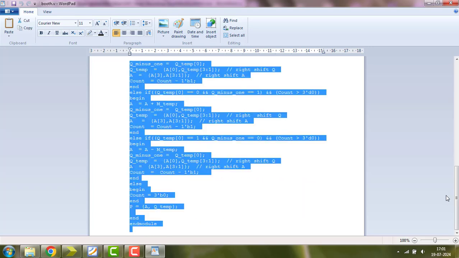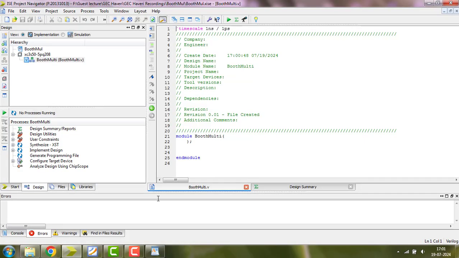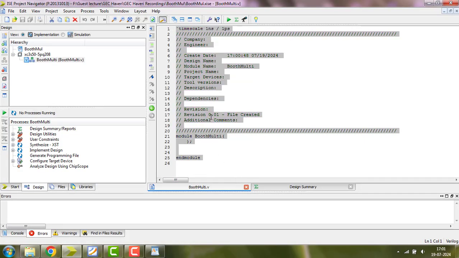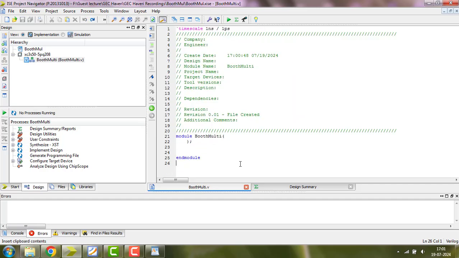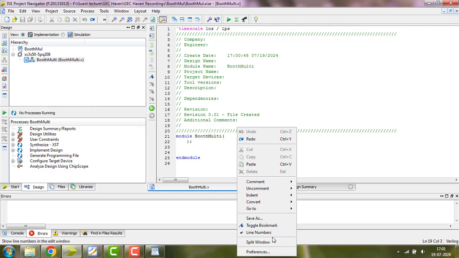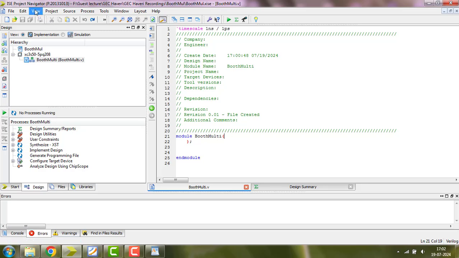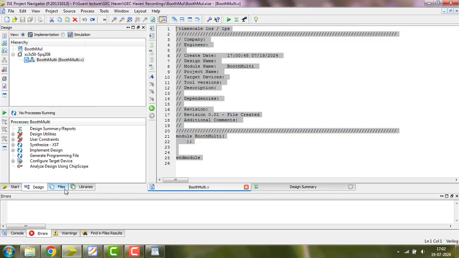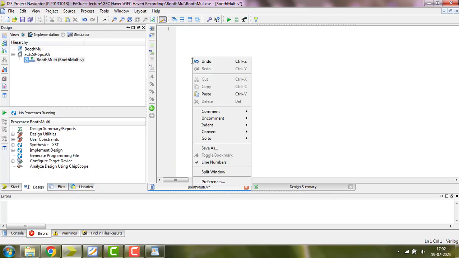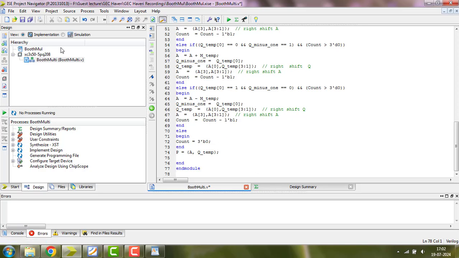So I am going to simply copy paste the code. Control A, Control V. Suppose if you don't know commands, what I did, I just select all. Select all, Control A. I just delete it and then paste. Okay, Control S or save. I just added it to